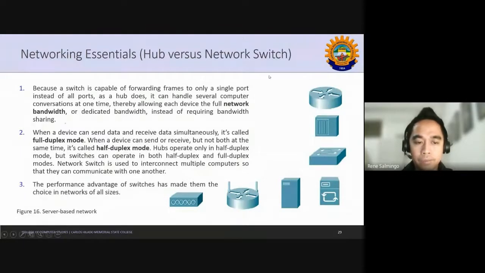I think we have. Okay, so we have the Cisco terminologies. I forgot. So these are the